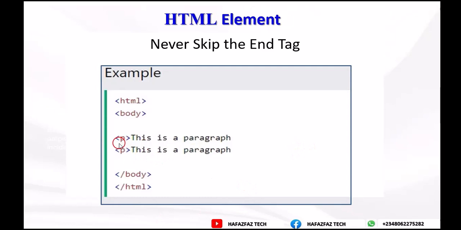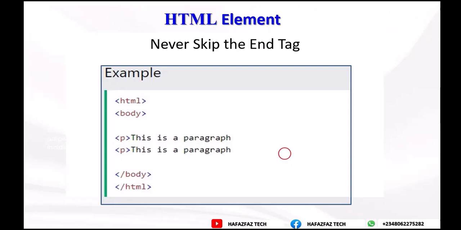Now if you see, this is our p tag, and we will notice here that the p tag doesn't have the what? It doesn't have the end tag, right? So now this is what it's missing. So always make sure you end your tag, except if that particular tag is among the empty tags which we've discussed earlier, like the break tag, which doesn't need to have the end tag, right? But any other tags that you know are not among the empty tags, you should make sure that